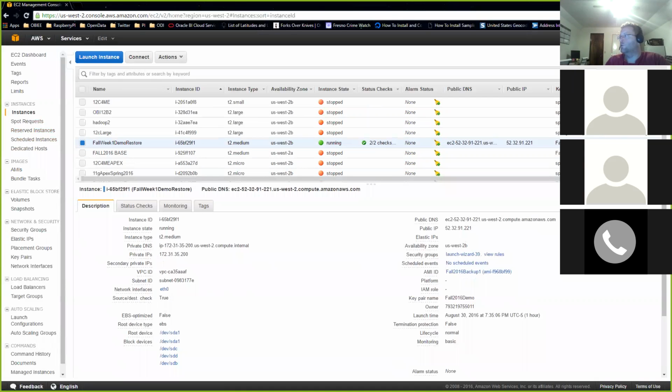You should be able to use the DNS here if you want to as well. These are functionally equivalent. I prefer the IP because of its brevity compared to a DNS entry, but you do what you want. So I'm going to copy this IP address,